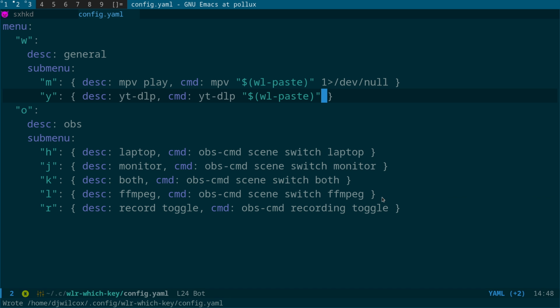Right, but yeah, basically you get the gist. You can have a menu that has a sub menu with commands that you can then run. That was just a quick thought of something you could do. You can grab stuff from the clipboard and then download it, play it with MPV and that sort of thing. So I have to look into yt-dlp, but that'd be handy,